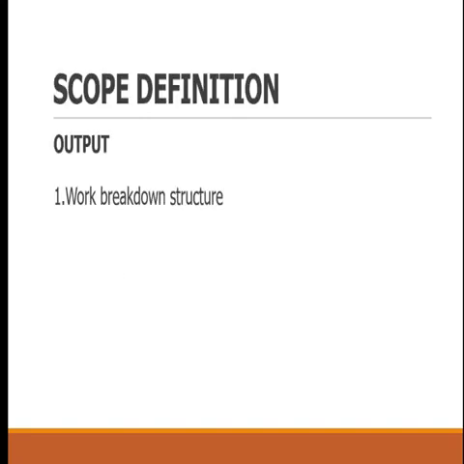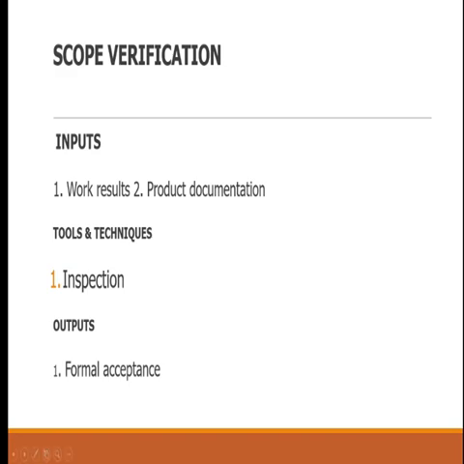Let's quickly look at the last part of it. We'll look at scope verification. You want to verify your scope. How do you verify it? The job is done. You don't just submit the job to your client. You need to look at the job being done before you can submit it to your stakeholders. So what's verification? Assessing the job done, evaluating, checking, monitoring, performing some M&E on that particular job before you send it to the final consumer.